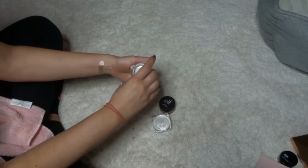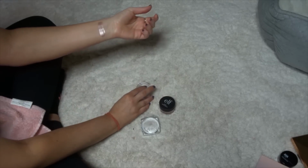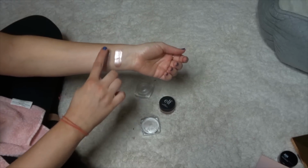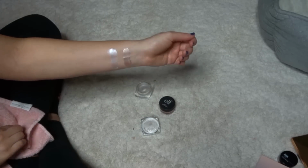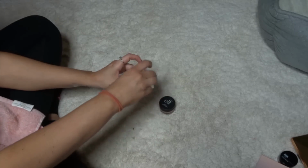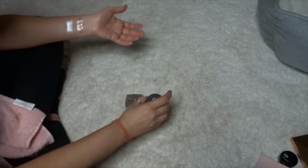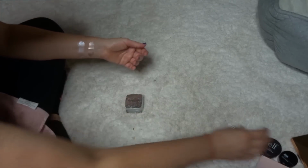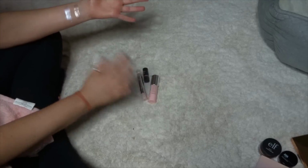Whereas this Makeup Revolution highlighter in Dazzling I feel like is a lot easier to work with on the skin. So those are those two shades. So I'm going to keep Makeup Revolution for now, even though I don't really reach for it often. I'd like to have one in my collection. I think I could pass on e.l.f. and keep Makeup Revolution. For time's sake, I'm going to keep these two swatches while I go through my stick